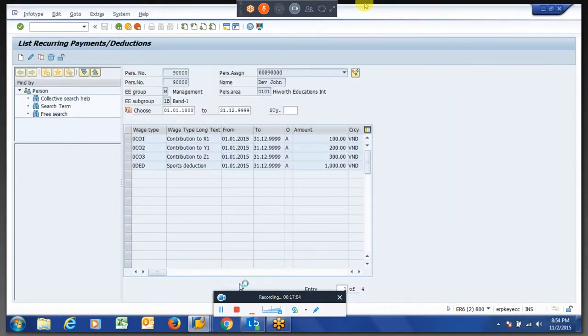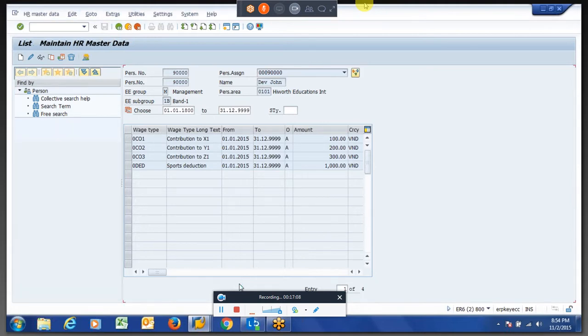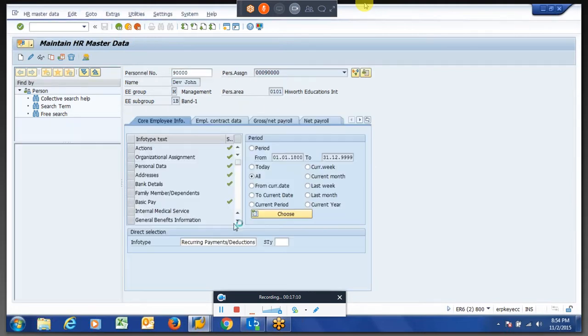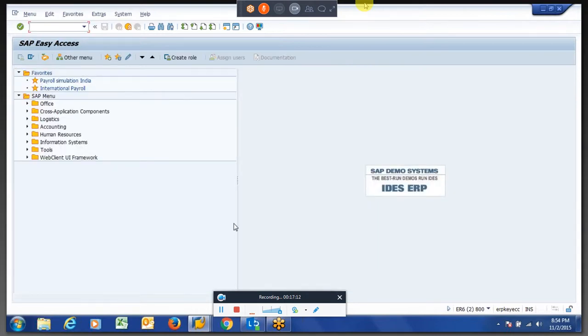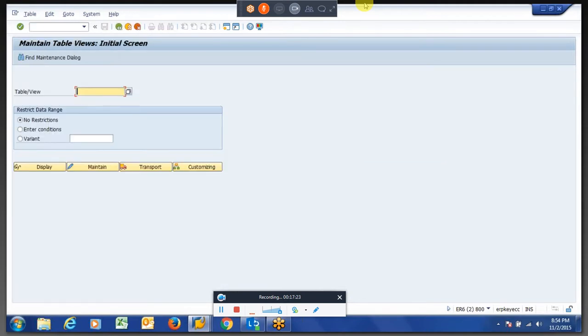So we have three wage types, CO1, CO2, CO3, stating there are different contributions from the employee side. In SM30 we have the processing classes for different wage types.